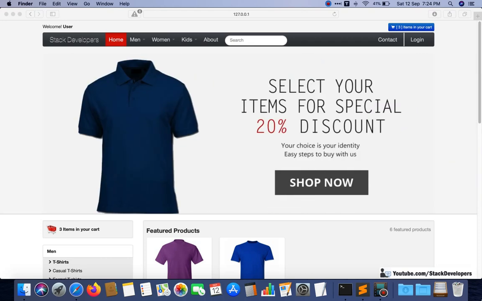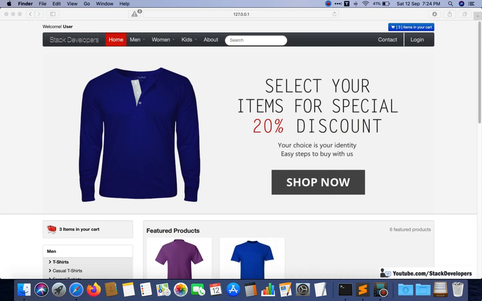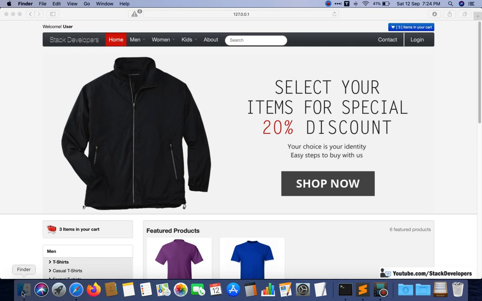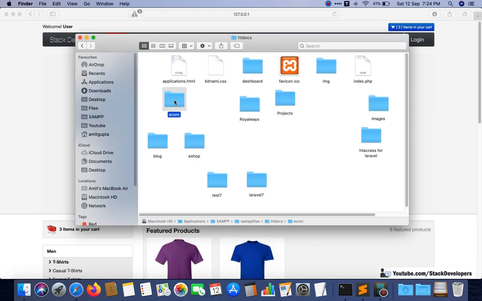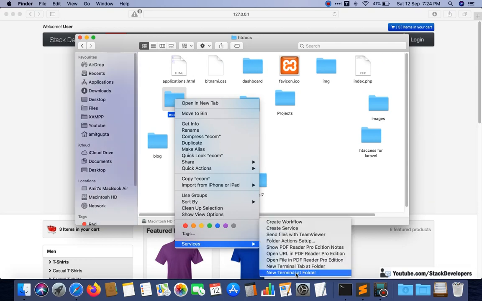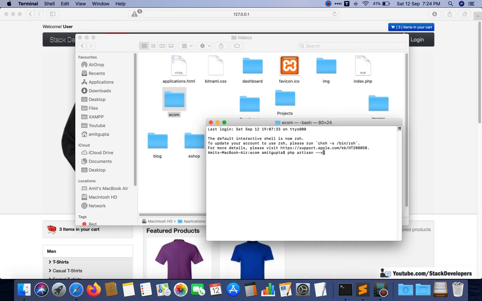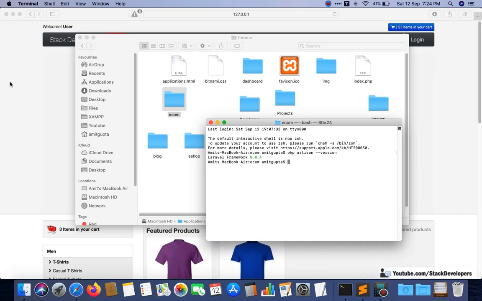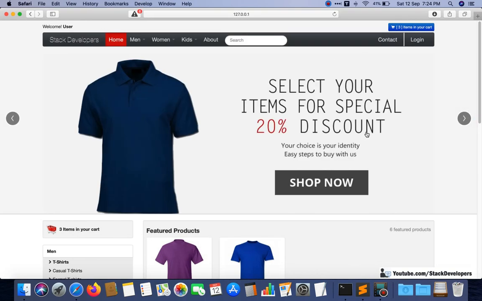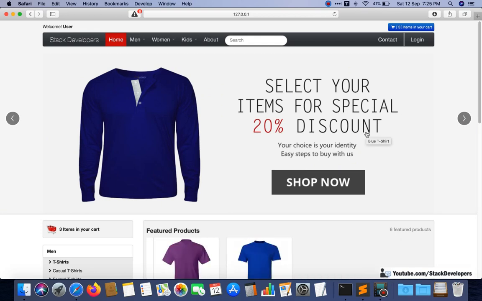In fact, it is now Laravel 8. Okay, so we have upgraded our project to Laravel 8, as we have seen in the last video. Now our project is in Laravel 8. We can also check once again whether our project is in Laravel 8 or not. This is our ecom folder, right click, Services, new terminal, php artisan --version. And you can see our project is on Laravel Framework 8.0.4. Okay, so our project is now in Laravel 8, and we can call it an advanced e-commerce website in Laravel 8.